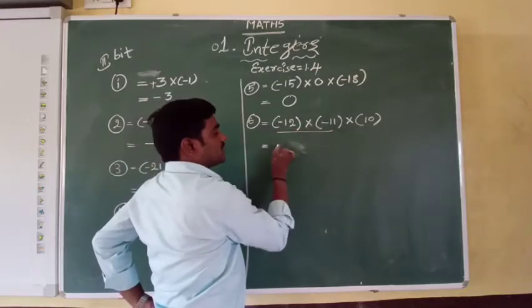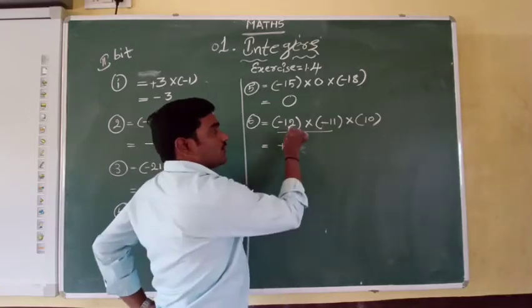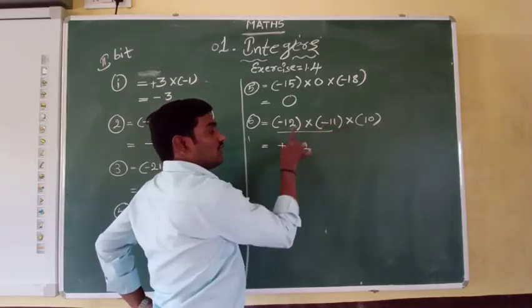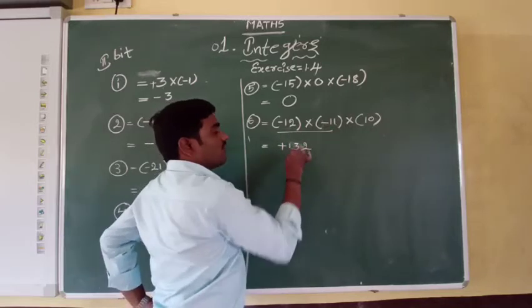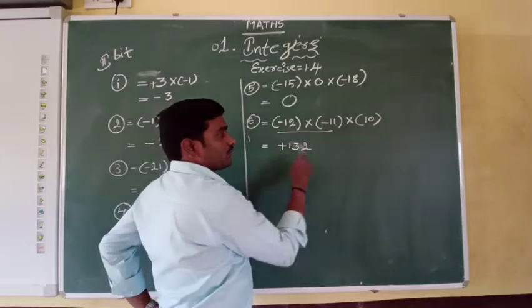Minus into minus, that is plus. 12 into 11. 12 ones are 12. 1 carry. 12 ones are 12 plus 1, that is 13. 132 we got. The product of these two numbers is 132 into